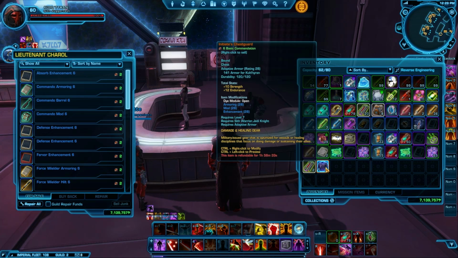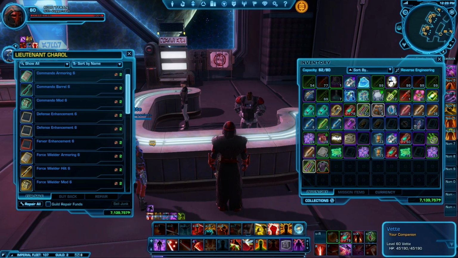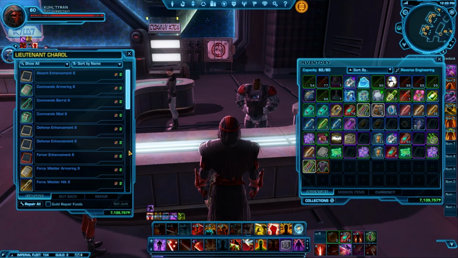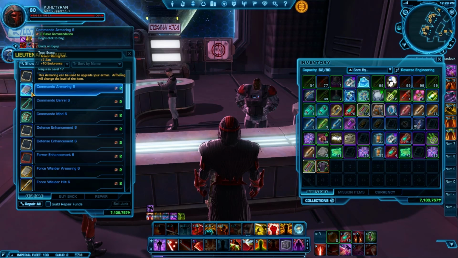So, every piece of gear will require, most of the time, 3 things. An armoring mod, a mod, and an enhancement. Now, if we're talking about weapons or offhand stuff, then you're also looking at hilts and barrels, but for the sake of this, keeping it simple, we'll just focus on armor, although I want to point out hilts and barrels replace the armoring mod. But anyway, we need to buy...